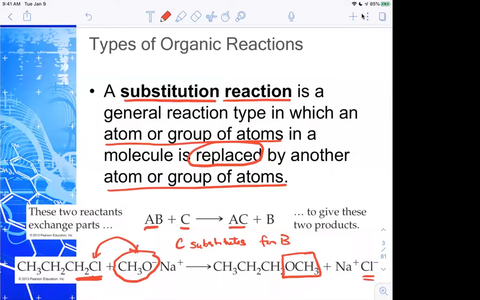And that's how I end up with my product. This is a really versatile reaction. We can introduce a ton of different functional groups using this methodology. And again, we will cover this in a lot of detail in chapter 7, which is the next chapter after